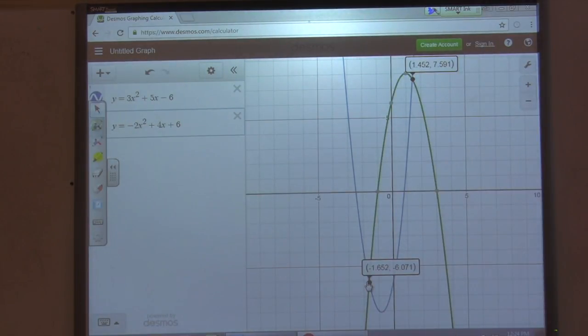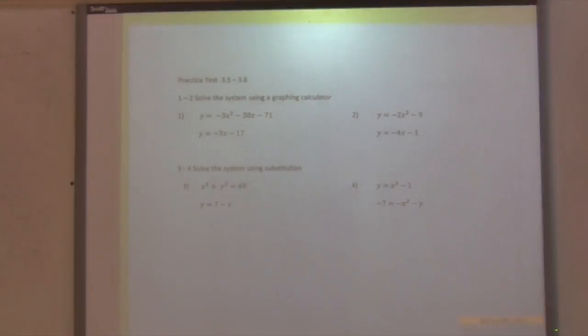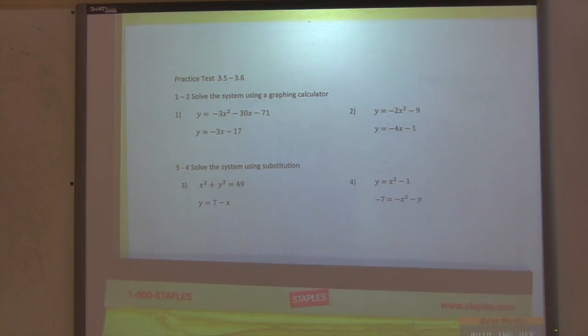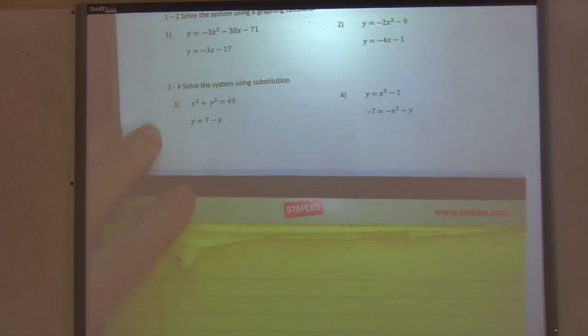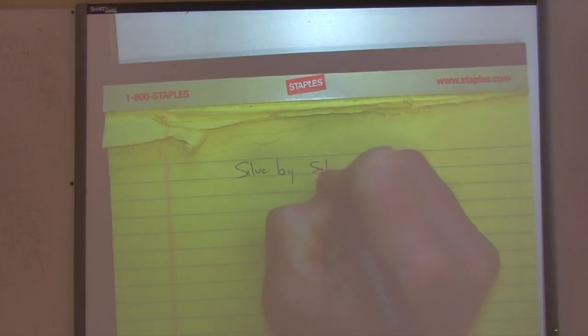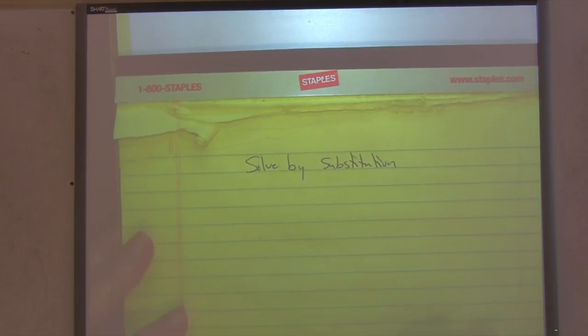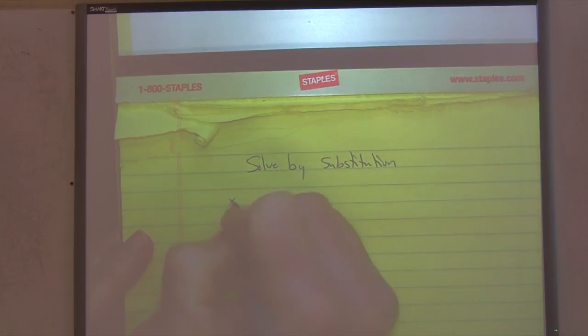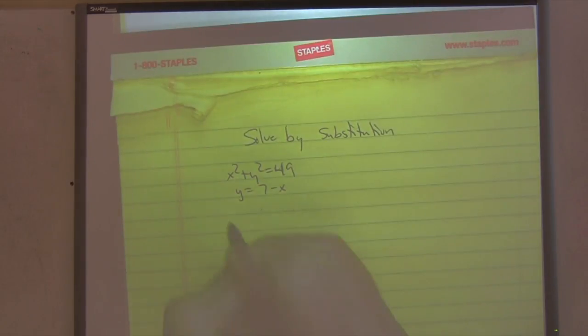So then, next, to solve the equations by substitution, 3 and 4. So when we're solving by substitution, let's just take the first equation. X squared plus y squared equals 49. And y equals 7 minus x. So the first thing we do,